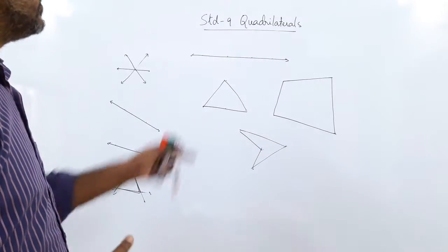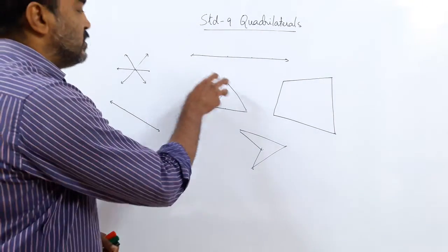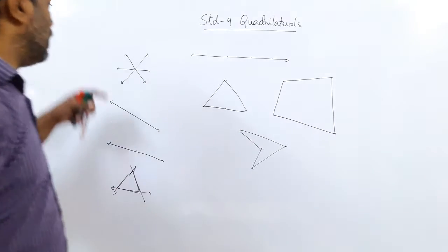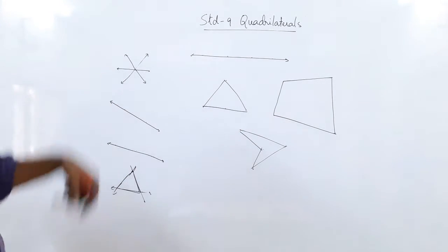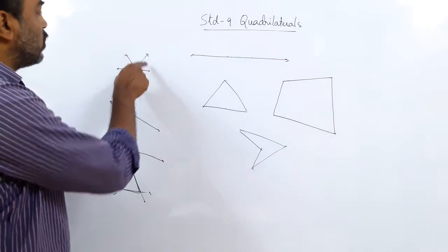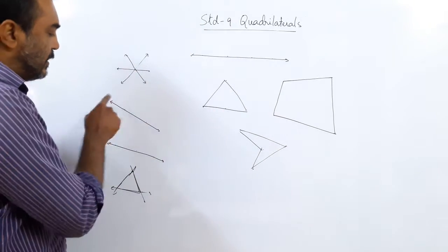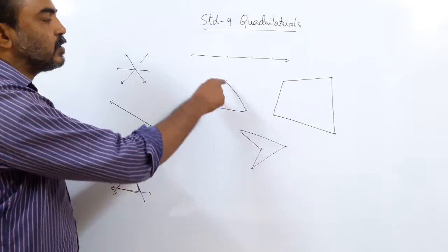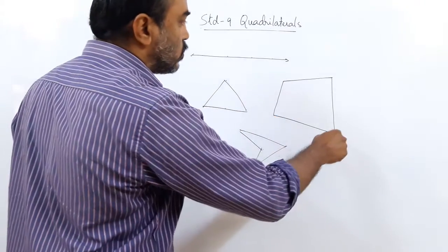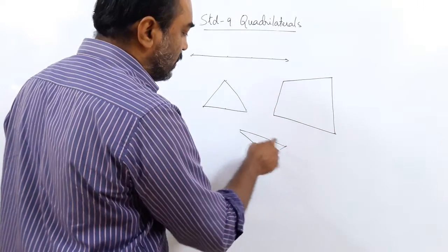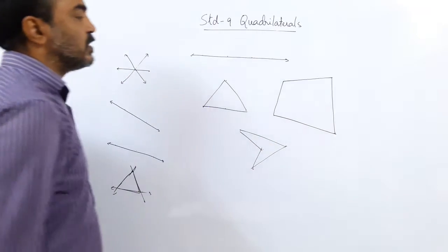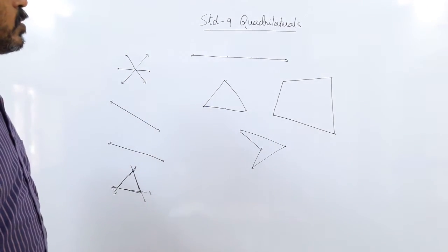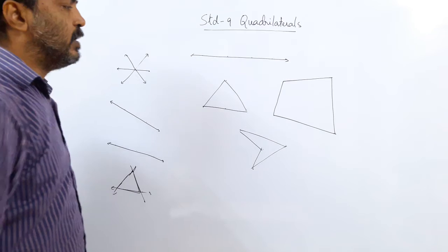So, what is a triangle? This is a triangle. So, you can see the lines here are not closed figures. Can you see this? This is not a closed figure, it is open. The lines are open figures. This is a closed figure. So the triangle is a closed figure. This quadrilateral is a closed figure. Even this is a quadrilateral which is a closed figure.